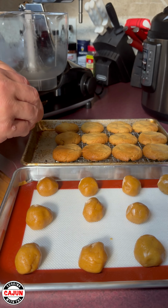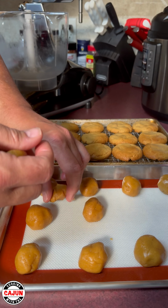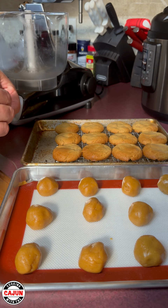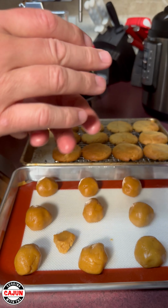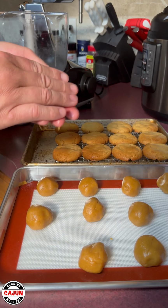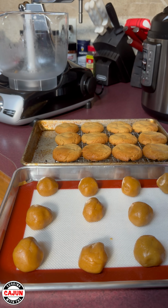Trying to build some of these up a little bit. That was a little smaller. That's all our cookie dough. Now we need to get our